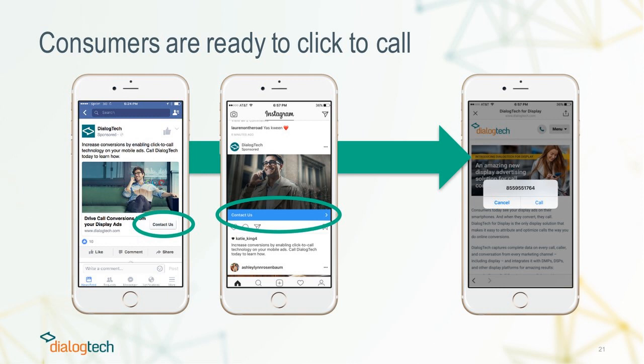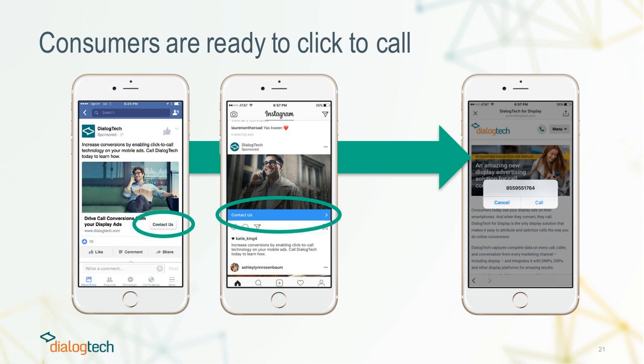Now, outside of just using the landing pages to drive calls or the call now language in your advertising, another way that you can do this is you can actually click to call directly from a Facebook or Instagram ad, similar to how you would for a search ad you would see in your Google search results, right? So, again, same goes like what I was talking about earlier. When people are scrolling through Facebook or Instagram, the key is catching their attention, right? So that comes with the ad copy, that comes with your creative that you're using, and then it comes with the call to action. So, we have here a contact us call to action, and what's going to happen is